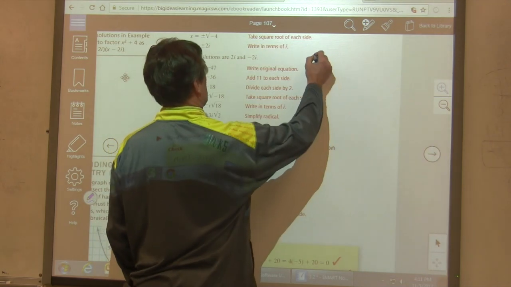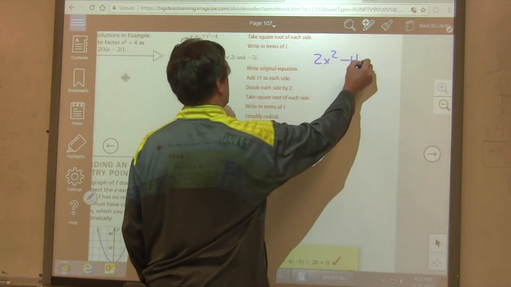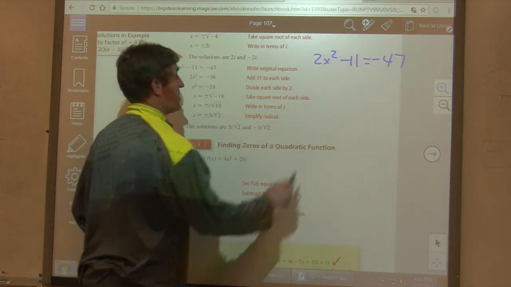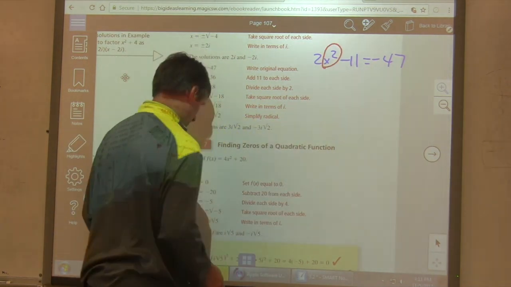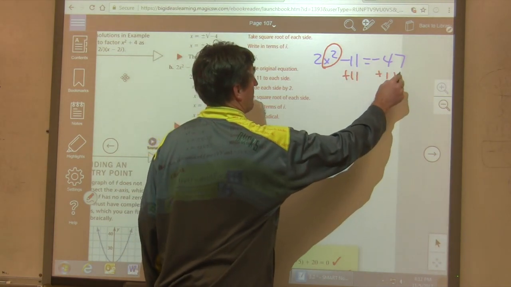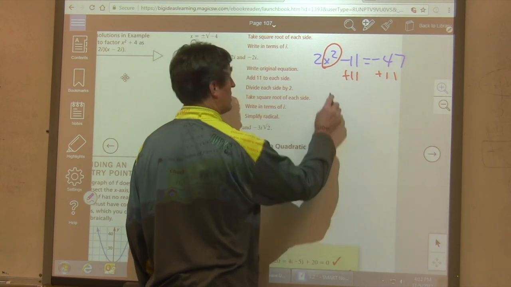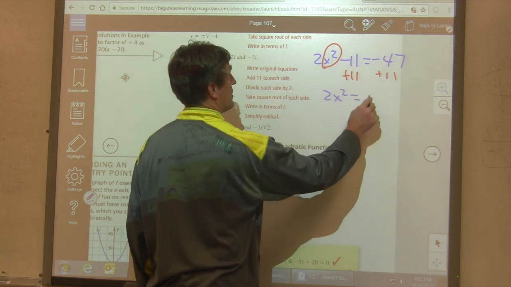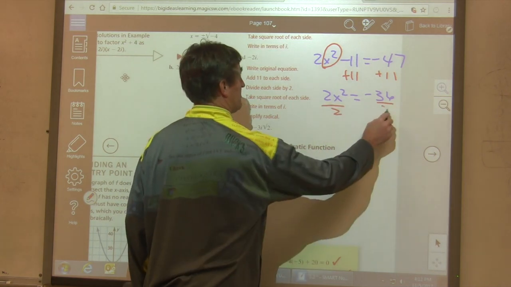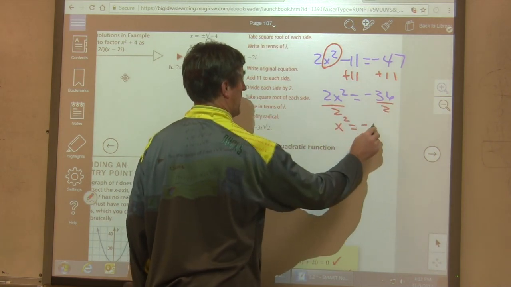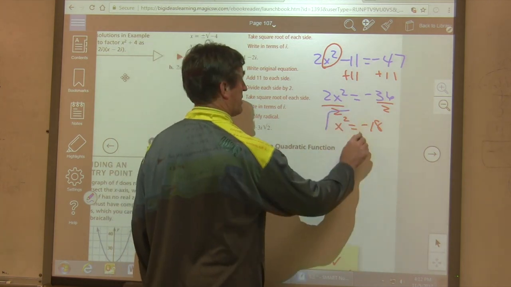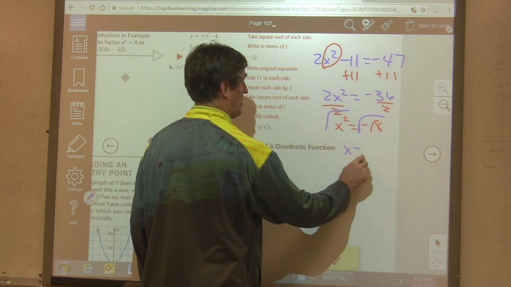We have 2x squared minus 11 equals -47. So again, we have to isolate the part that's squared. So we have to get this x squared by itself. So we add 11. So we get 2x squared equals -36. We divide by 2. We get x squared equals -18. And then we take the square root of both sides. And so x equals